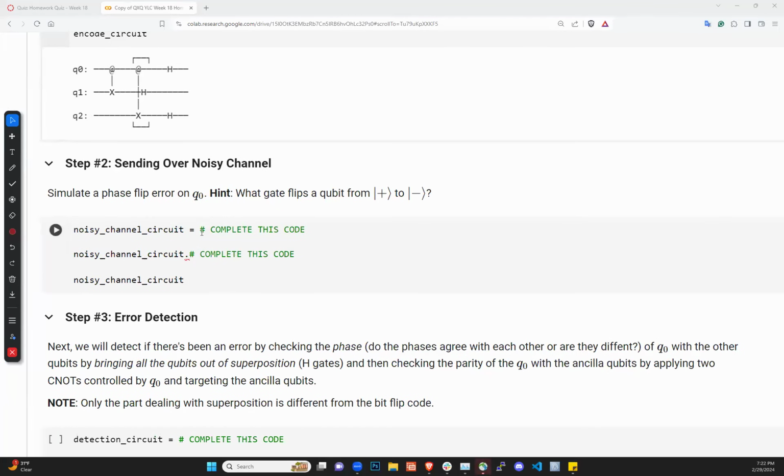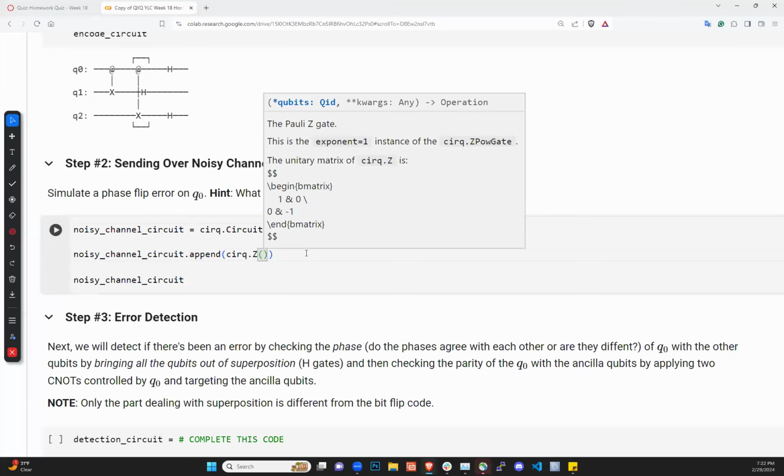So as our noisy channel circuit, we're going to need to create another circuit, circ.Circuit, and then we are going to apply a Z gate to simulate our noise here. So we're going to append circ.Z, oops, that's an X, circ.Z. And honestly, we can pick which qubit we apply the error to,